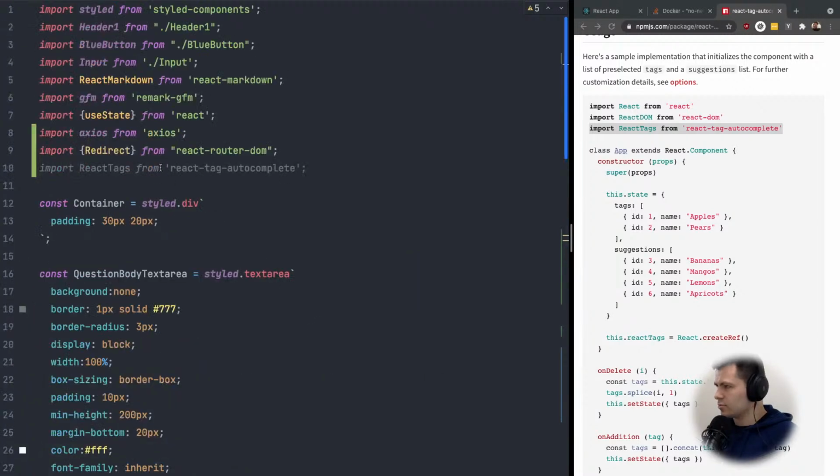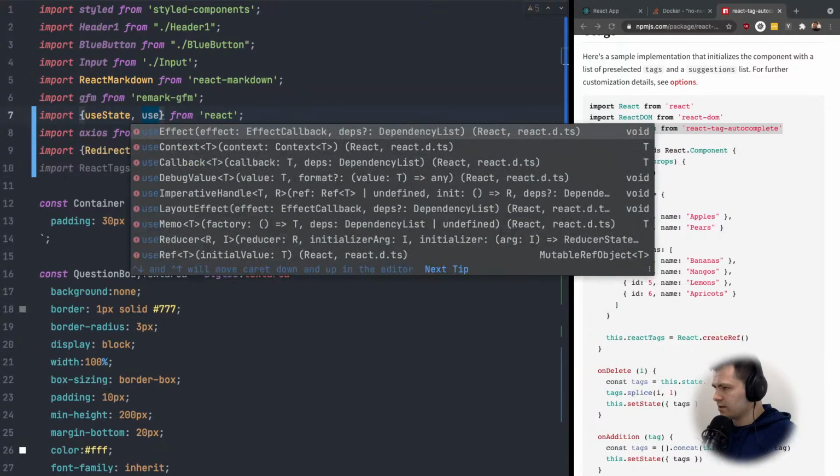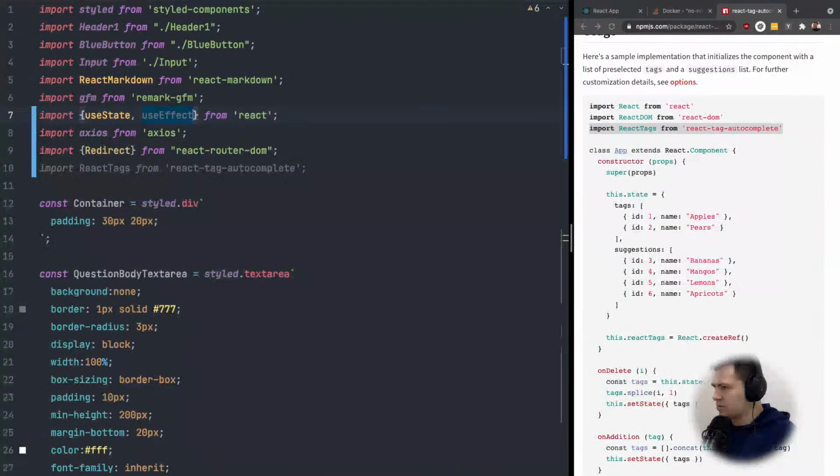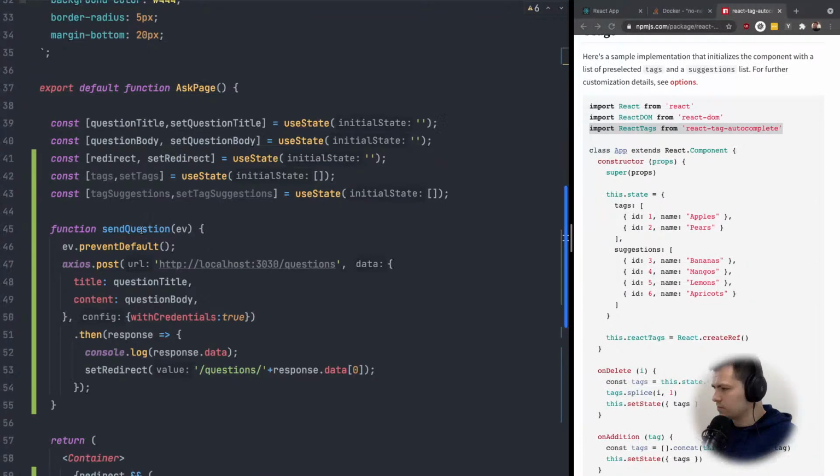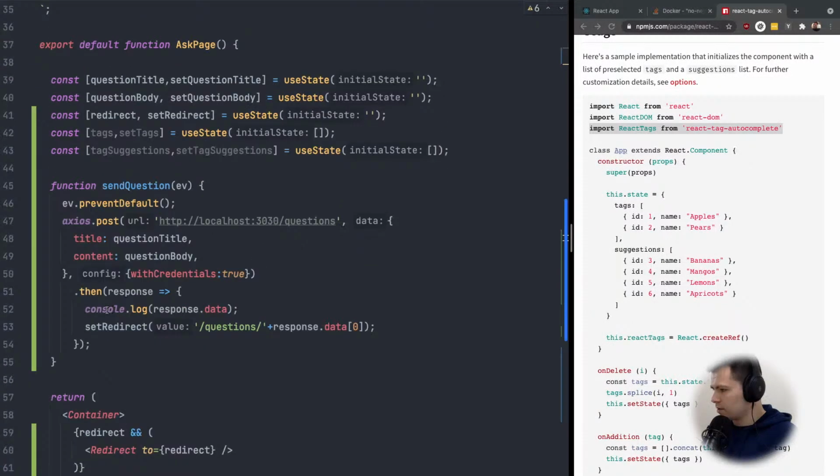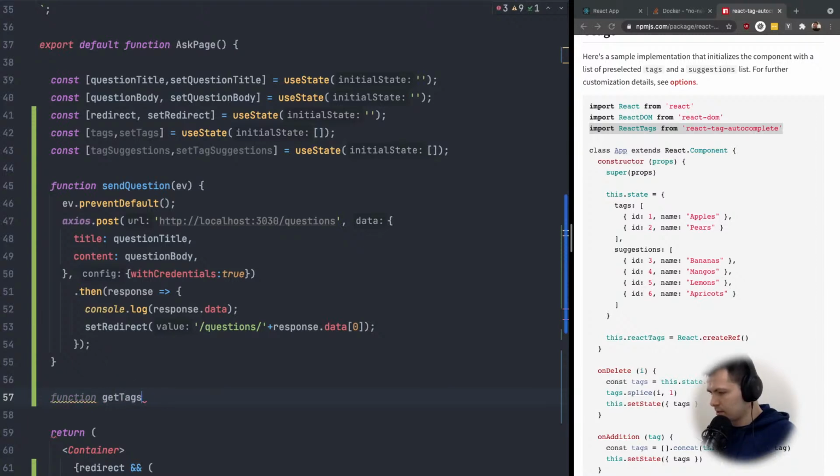So we need to import also useEffect from React, and we will create a function here that will fetch those tags, all the tags we can add to the form. So fetch tags, or maybe get tags,